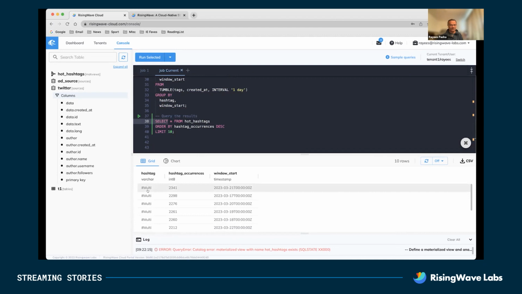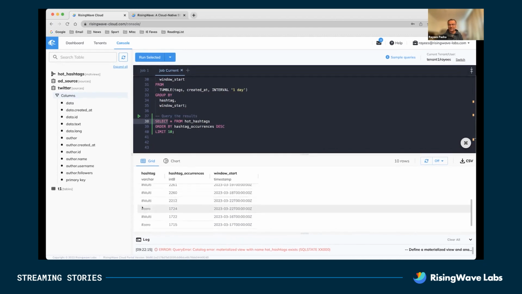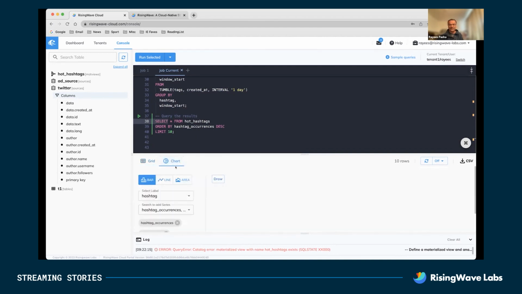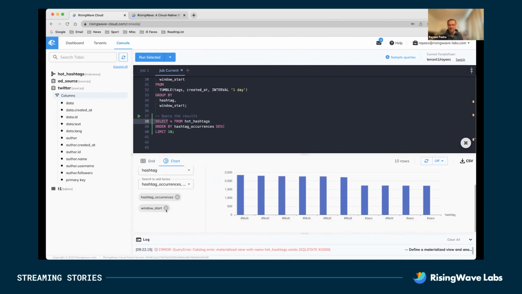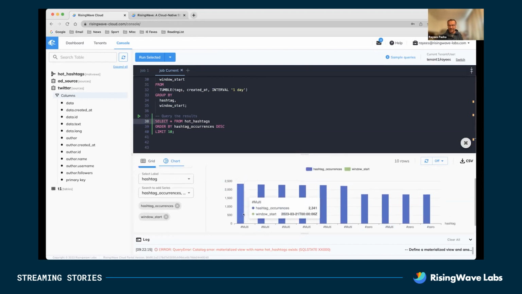The top 10 are, for some reason, there's a hashtag called multi, there's a 0, there is some sample synthetic data. And you can get the results instantly. And then if you go to the chart, you can draw the same information and see, in this particular query, the window within which these hashtags are being generated. You can see when the window started, what is the most popular one, and how many occurrences of